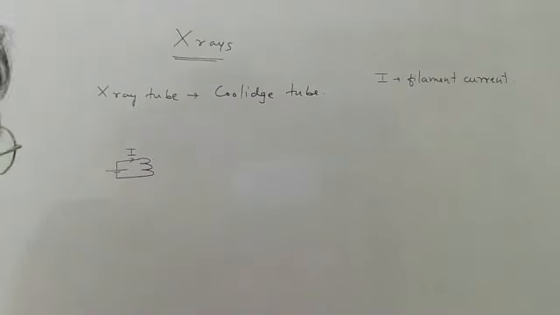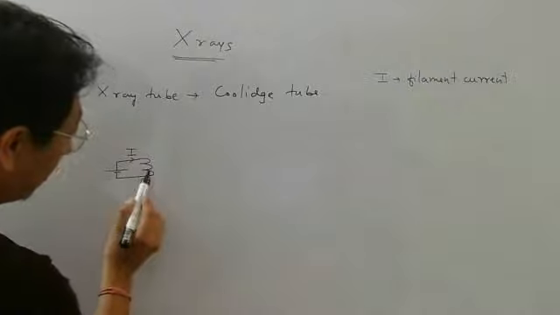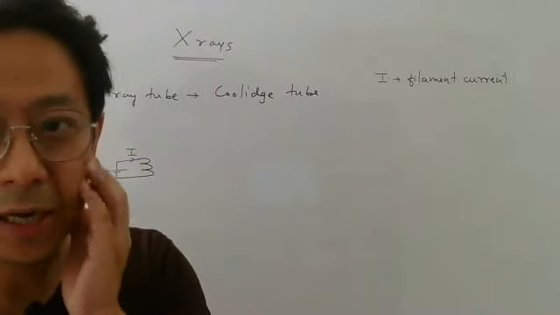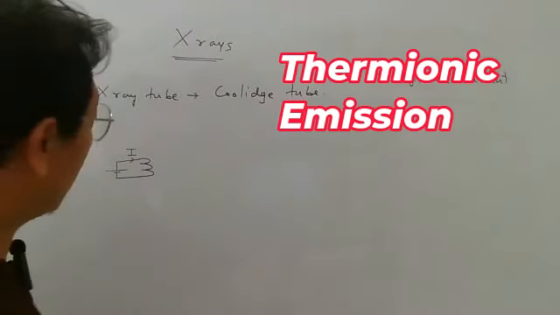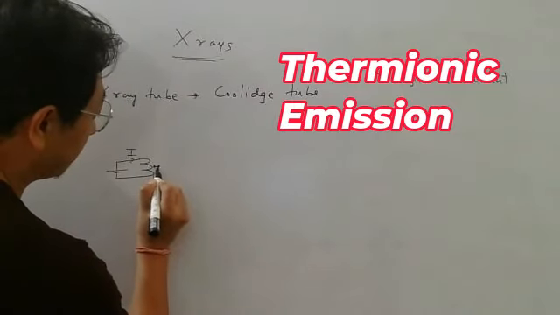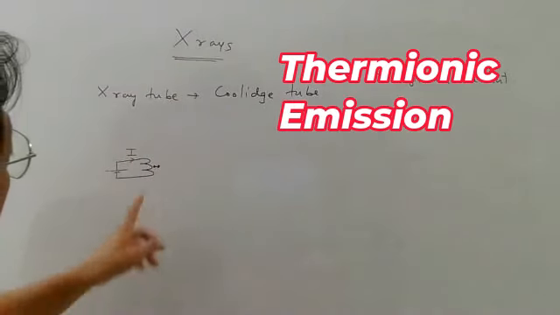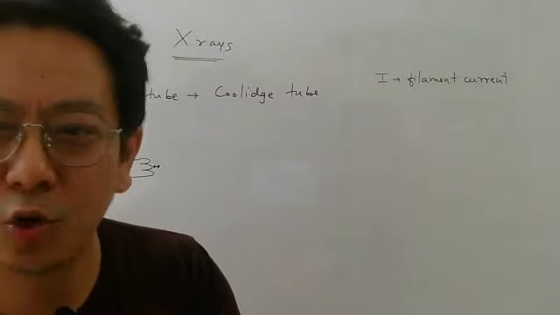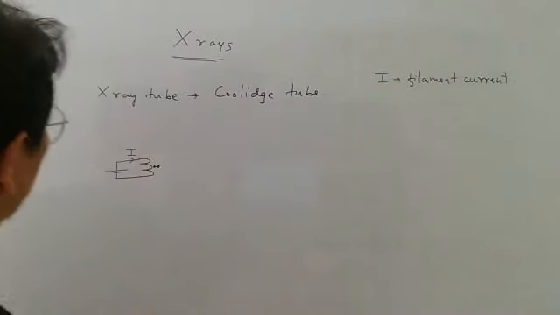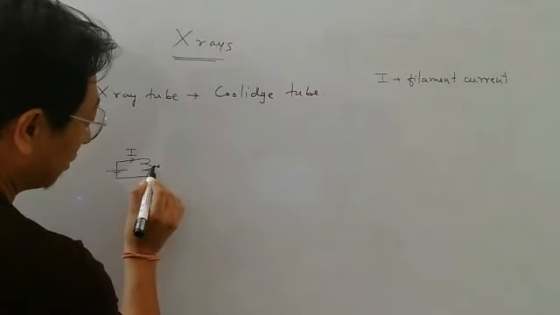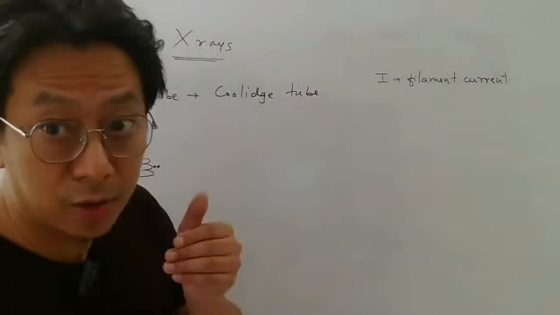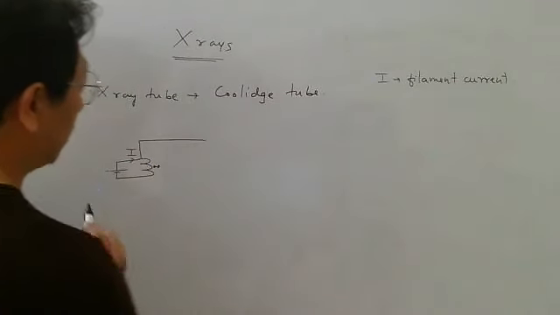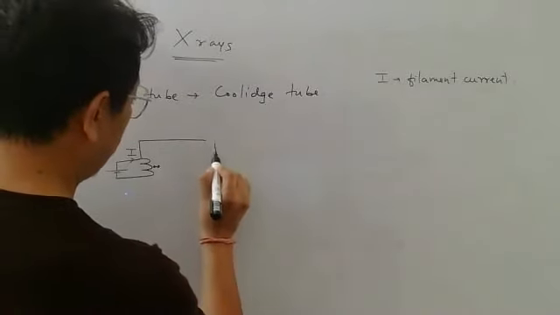Okay. Now what will this current do? It will heat your filament, and as your filament gets hot, electrons will be emitted. That is called what emission? So electrons will be emitted from here by thermionic emission. However, these electrons will not have that much speed because most of the energy will go to overcome the work function. So what I want to do, I want to give these electrons some kinetic energy. I want these electrons to move fast. So what I will do, I will apply a voltage. Okay, so we will put here some,